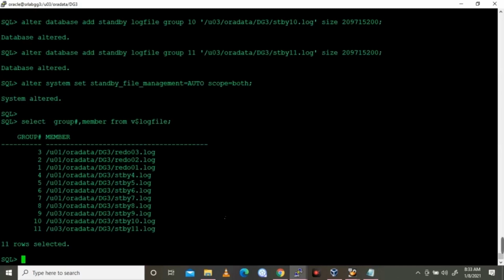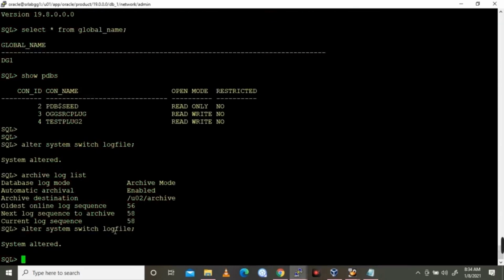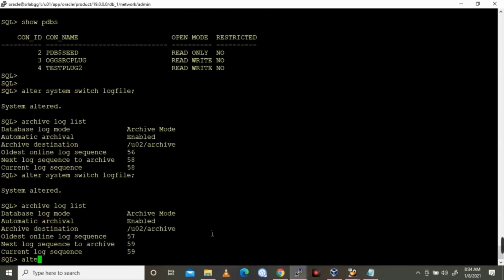I'm on the second standby side. Now I am starting the MRP process. I'm giving the log switch again.